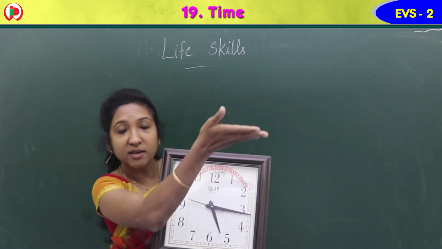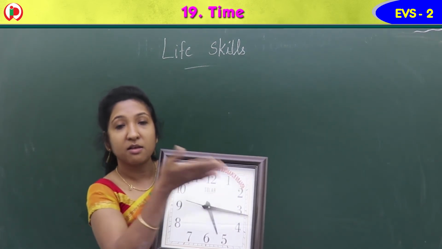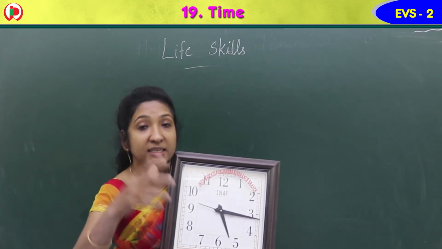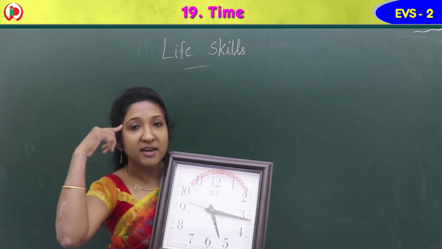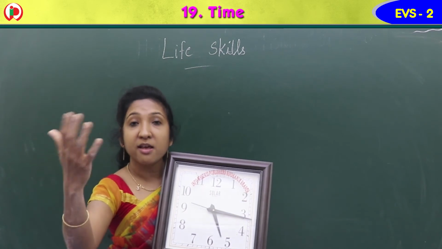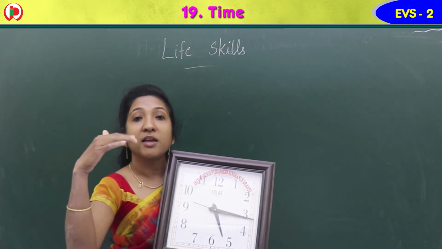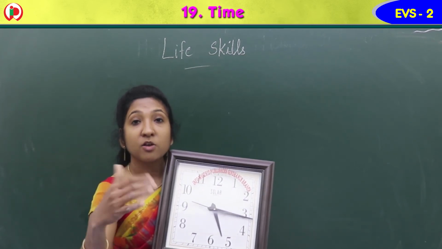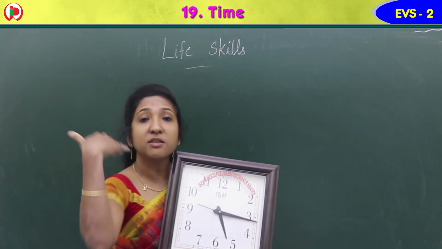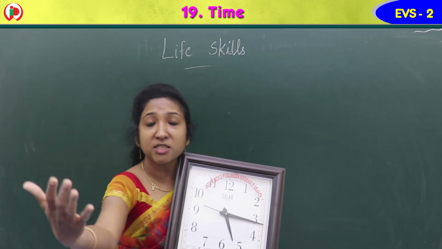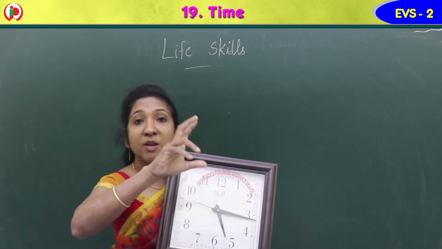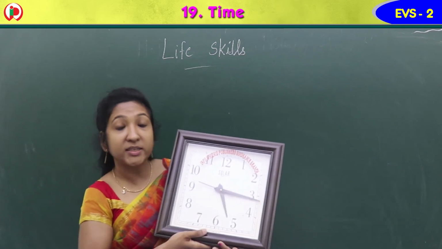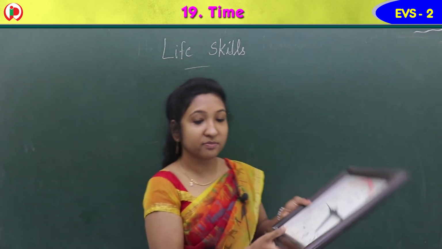Means 30, quarter we say for 15. And half to or half past if we say, it means 30. So just understand half to or half past. When we say it, it means it crossed 30 minutes or it is 30 minutes to reach that time. Quarter to means 15 minutes to reach the time, or quarter past means 15 minutes finished after that time. Okay, yes. Now let us see the textbook.